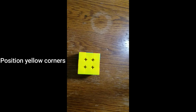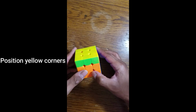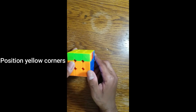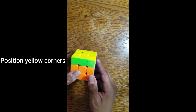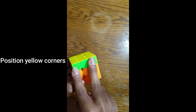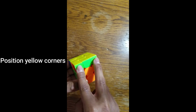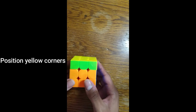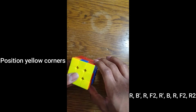This part right here is actually a replacement because I accidentally deleted it earlier. But this is the second to last step, positioning the yellow corners. This is like the hardest algorithm you're going to learn. So you want to look for where there are two colors that match. See, it doesn't match anywhere else. And so the algorithm is R,